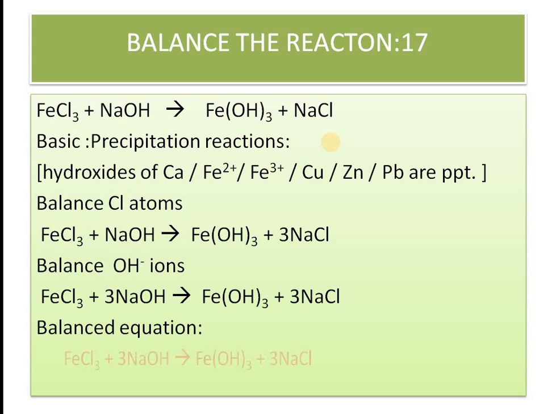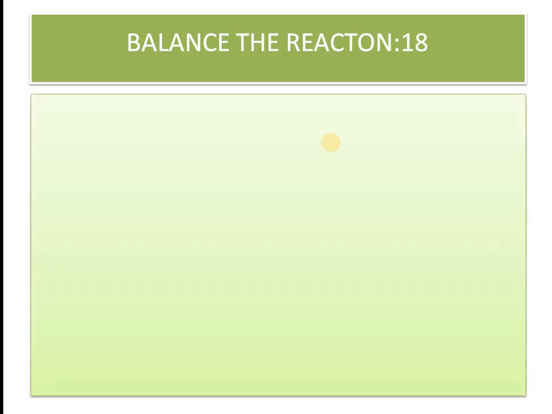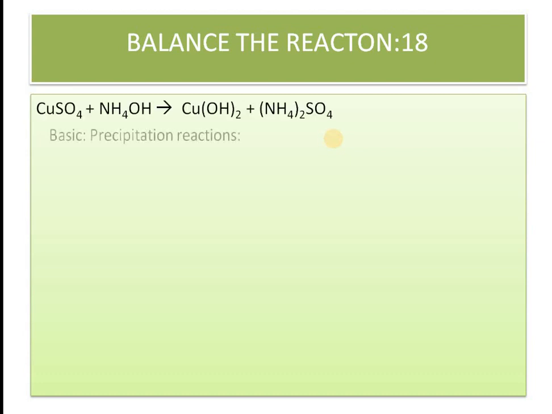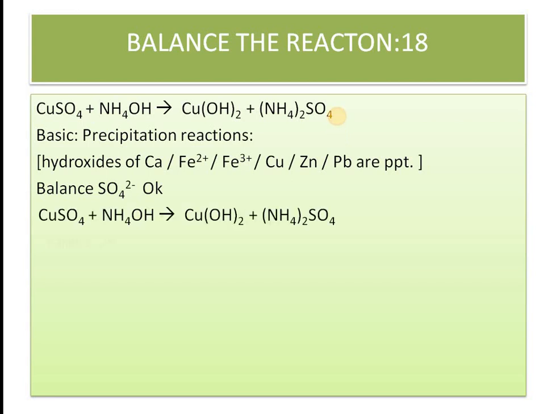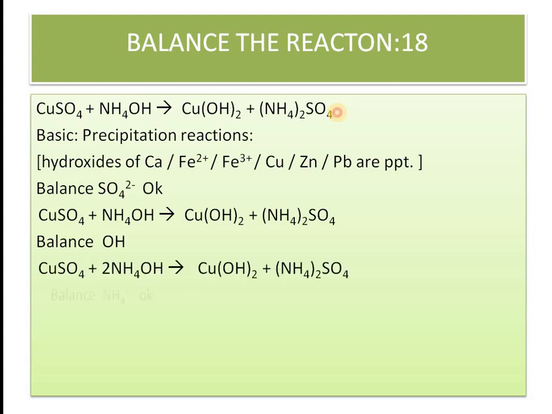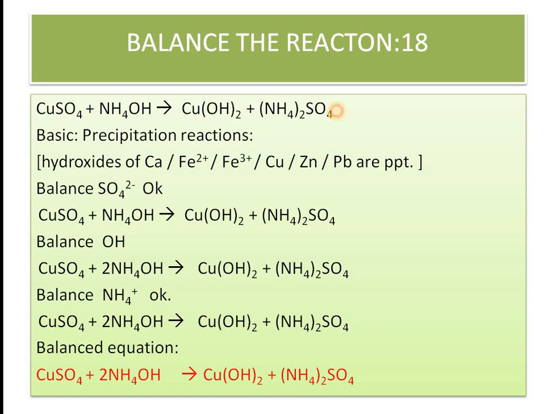It is easier to balance the equation if you take the polyatomic ion. Instead of nitrogen, you take ammonium. Instead of sulfur and oxygen, you take sulfate, hydroxide, carbonate. Like that we can do. Copper sulfate would be the same type of reaction, precipitation, which I explained earlier also. In the same manner we can check ammonium. Right hand side 2 ammonium, left hand side 1, so you can multiply by 2. This is highly beneficial. Ammonium also we checked like that, and we will get the balanced chemical equation.